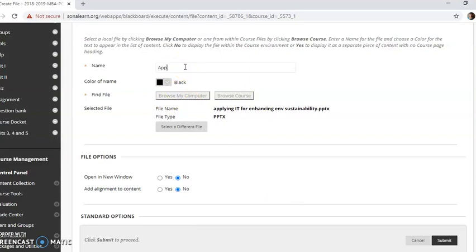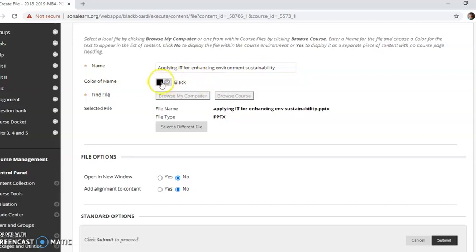So I am giving some name for the file which I have uploaded. The file is of type PPT and now I am giving a file name: applying IT for enhancing environment sustainability.